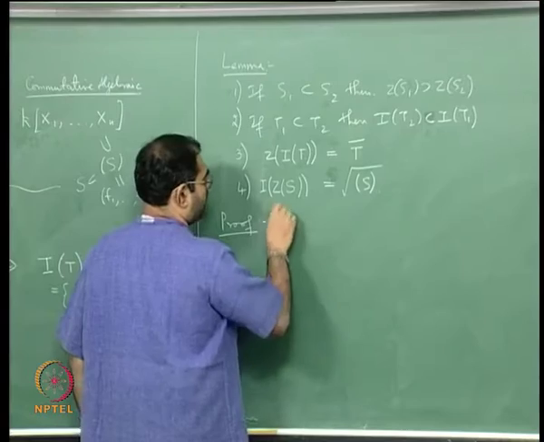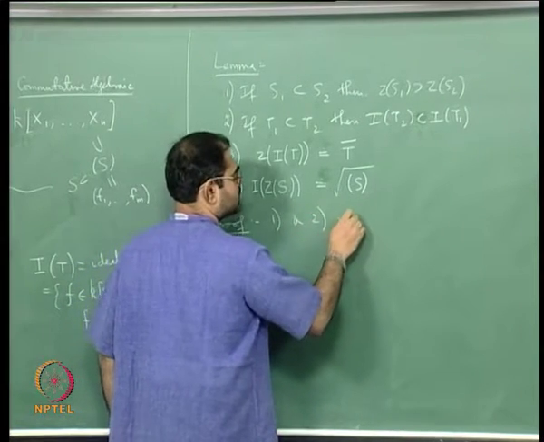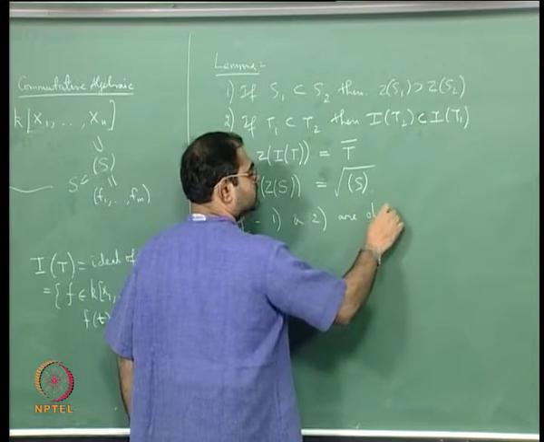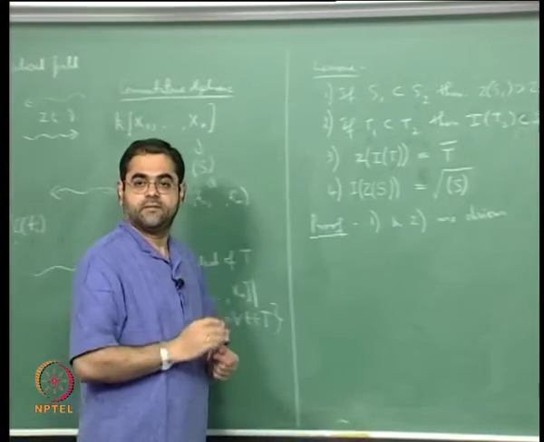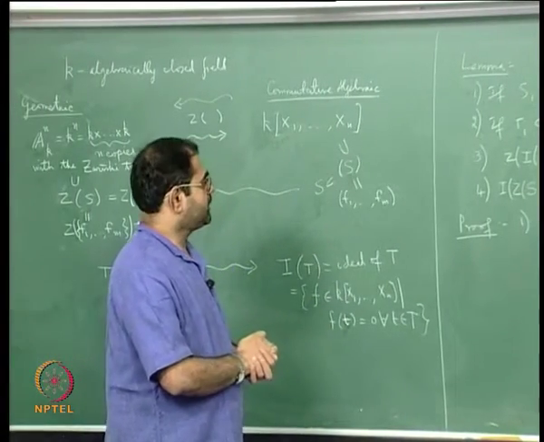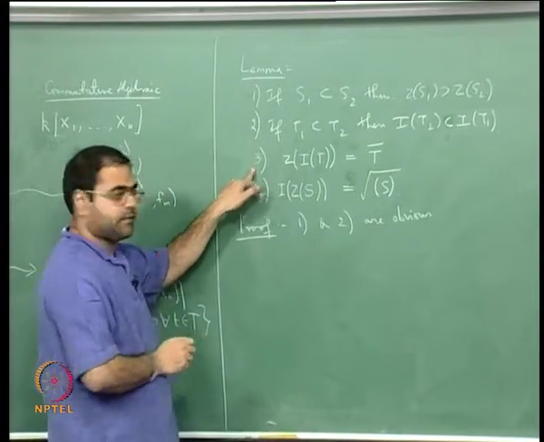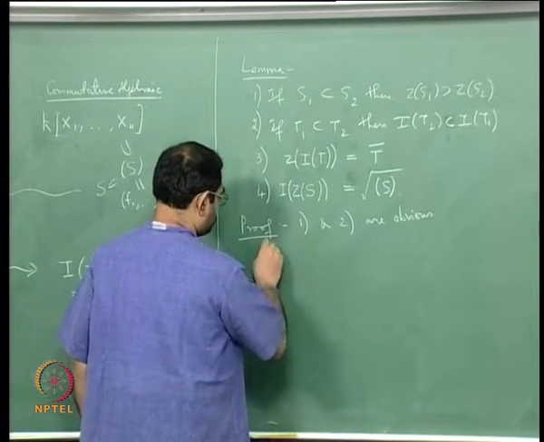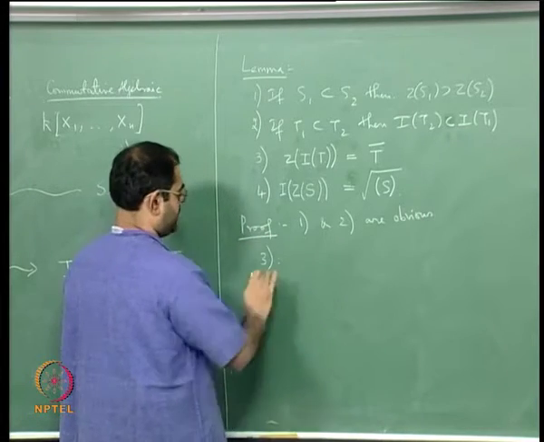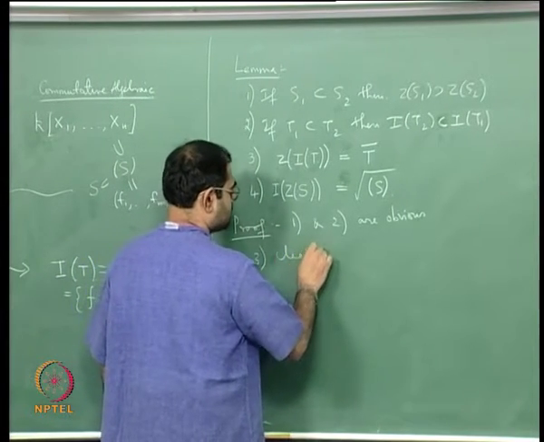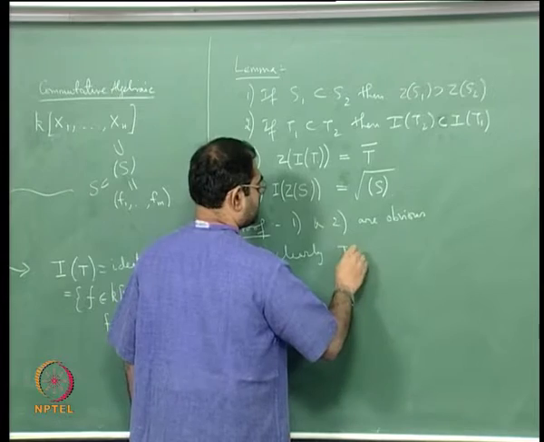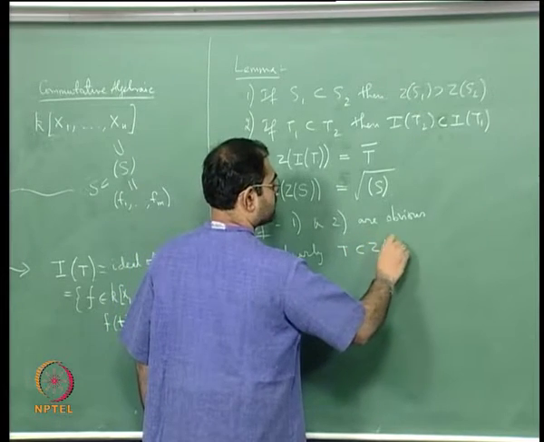Okay, and so as for the proof, I think 1 and 2 are obvious. Okay, they are quite straightforward. The question is with 3 and 4, alright. So if you look at 3, so let us prove 3. Clearly T is contained in Z of I of T,